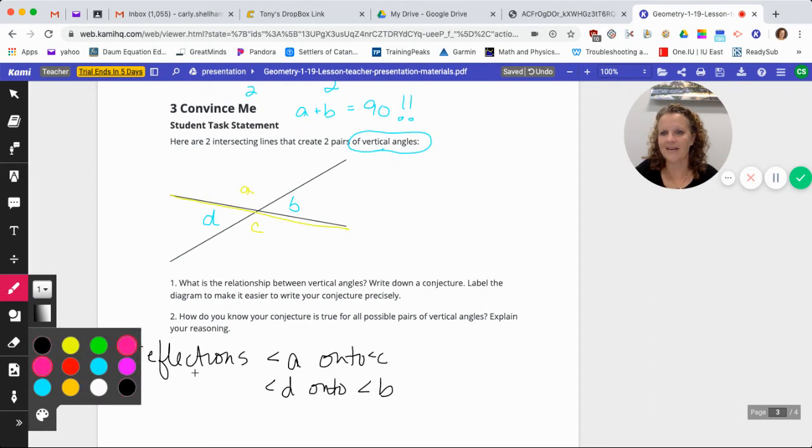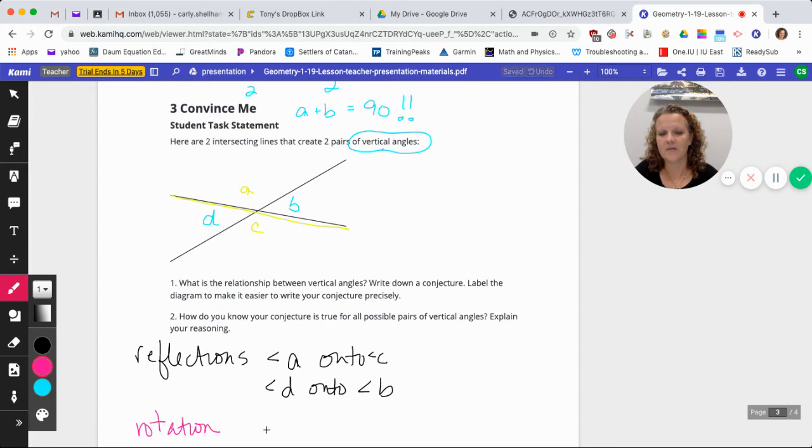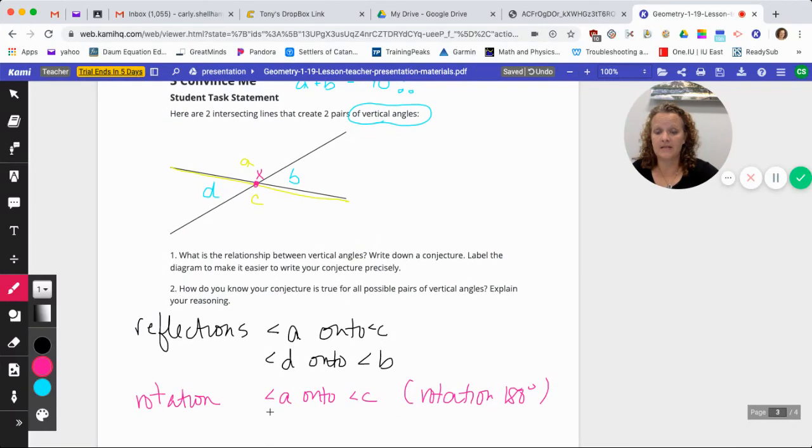Another way I can look at it is a rotation. If I rotate, and we'll call it center X, I can rotate angle A onto angle C, a rotation of 180 degrees. And the same with B and D. I did that backwards, but it's okay. With a rotation of 180 degrees. So rotation works also. What we know is